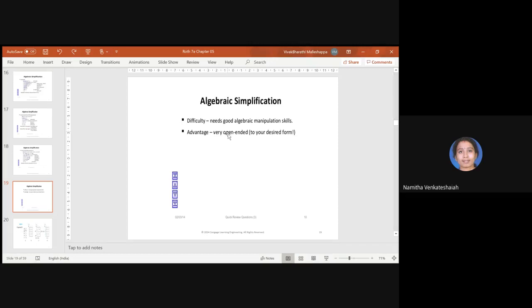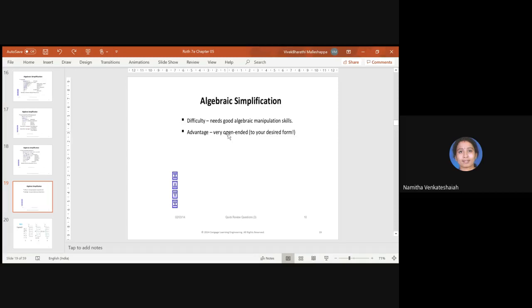You might have experienced in your plus 2 or during your high school days, we used to have problems like LHS is equal to RHS, prove LHS is equal to RHS. Sometimes we used to be stuck in those problems for hours together, isn't it? We were never able to prove LHS is equal to RHS just because we don't know the timing at which formula needs to be put. So this algebraic simplification is not preferable.